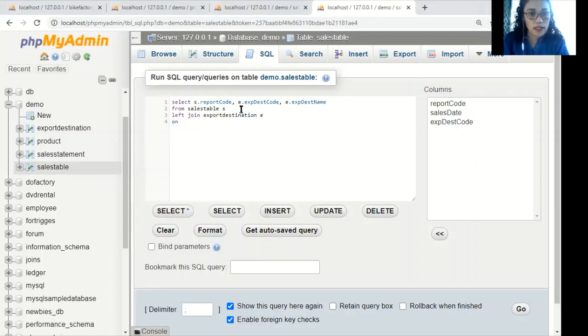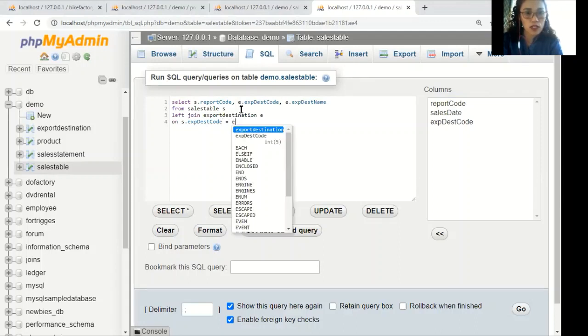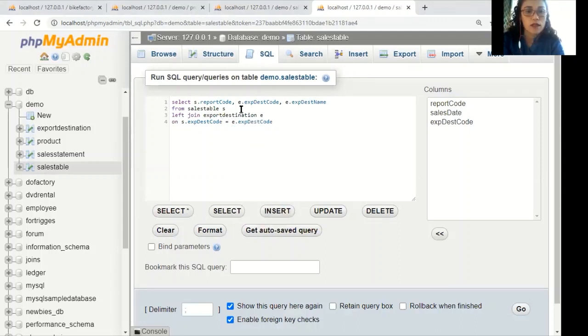On S dot export destination code, the common column between the two tables, in this case export destination code. So S dot export destination code is equal to E dot export destination code. If we are going to run this code,